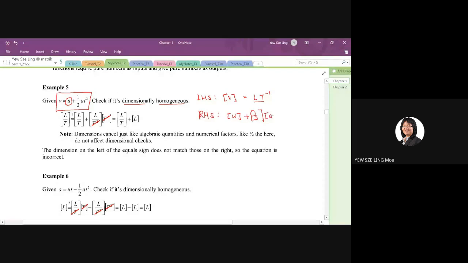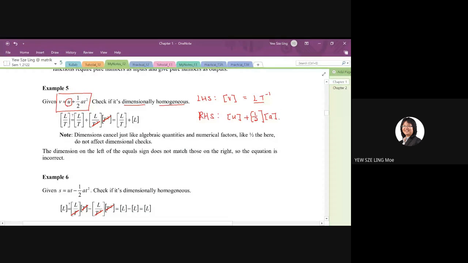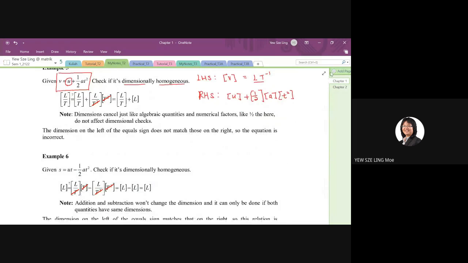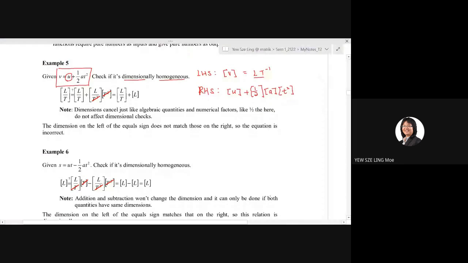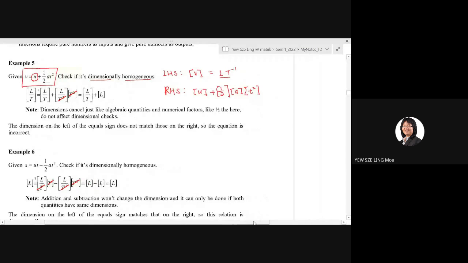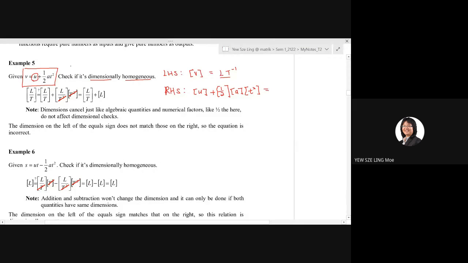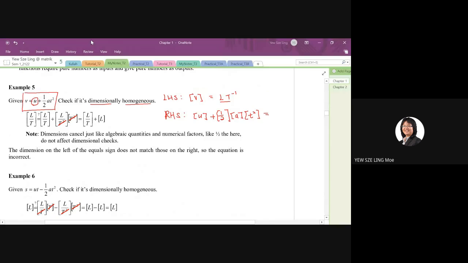And then A, and then T squared. Everything in a square bracket, okay, in your syllabus. Now what are we going to do next? We're going to write down the dimension for each of the terms. So for U,